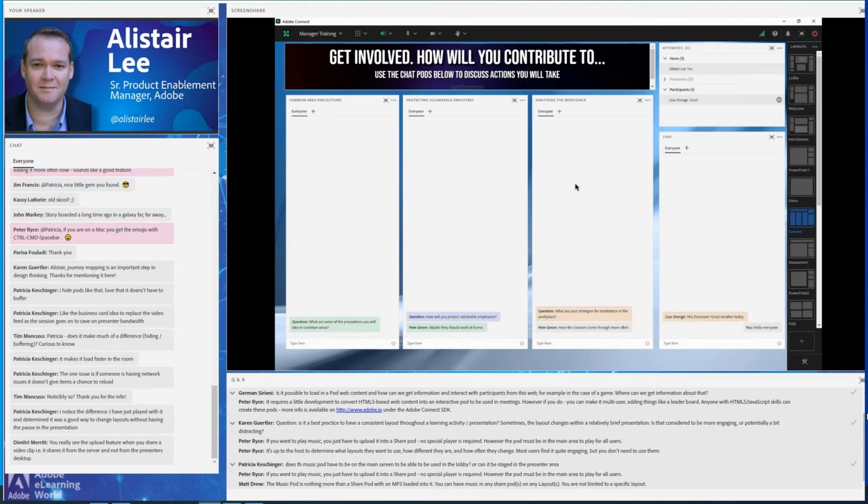Here I'm focusing it on common area precautions. Here I'm focusing it on protecting vulnerable employees. Here I'm focusing it on sanitizing the workspace. Instead of having all 3 conversations happening in our main chat pod, where people are also talking about other things, I'm able to really focus the conversations and turn this into an interactive exercise.